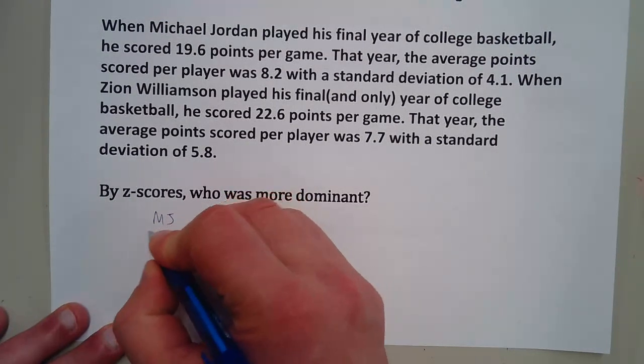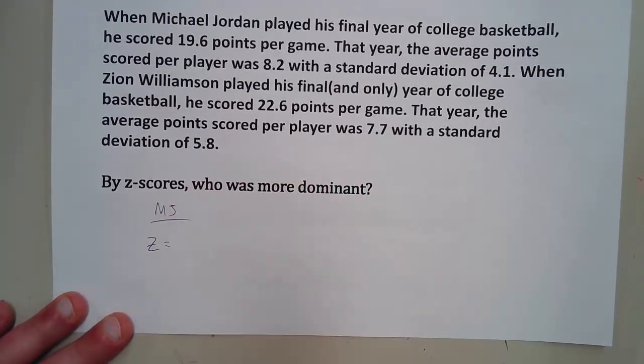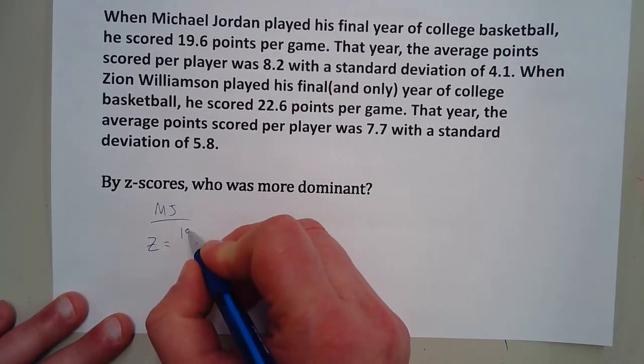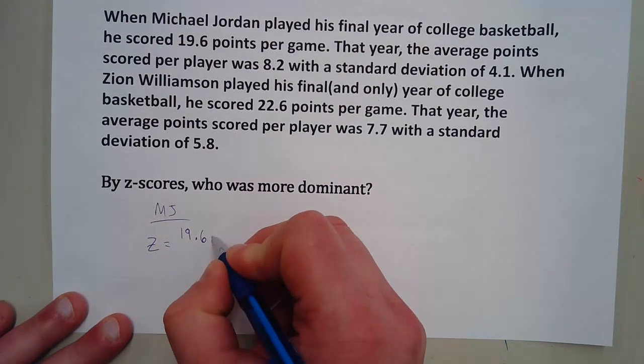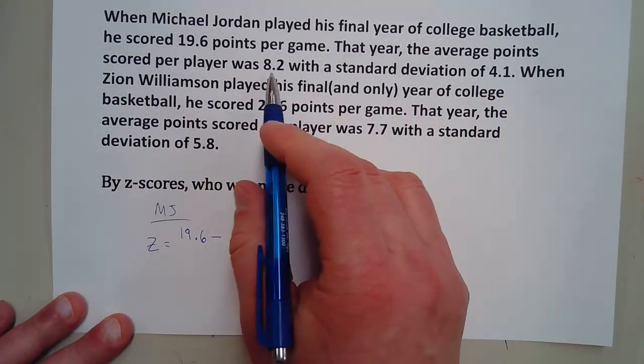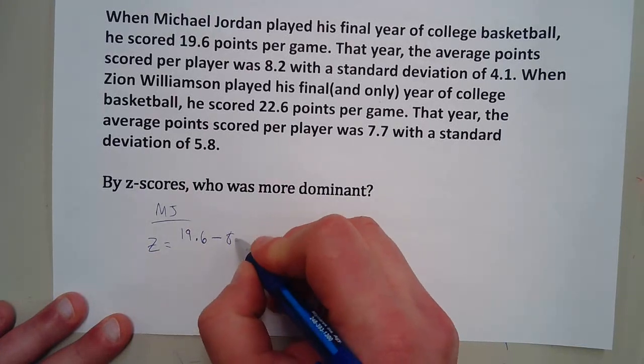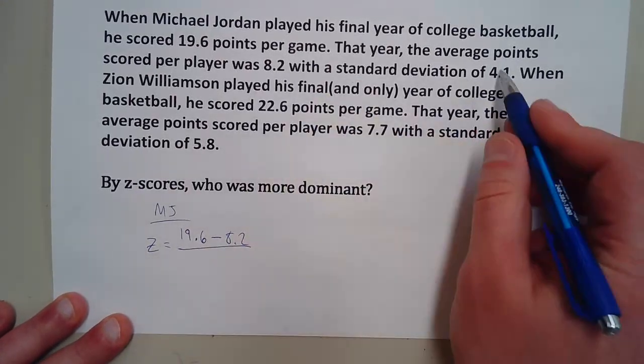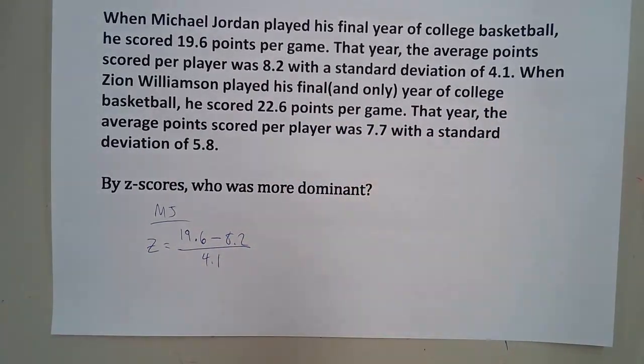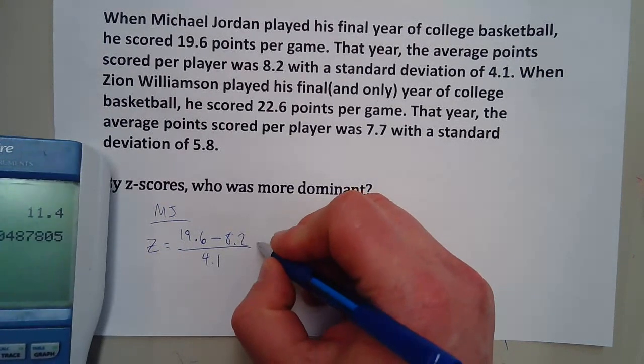So let's start with Michael Jordan's. His z-score would be, remember, you take his data point, which is 19.6. You subtract the average amount scored, so in this case, 8.2, and divide it by the standard deviation. And so, throw that in a calculator, see what it comes out to be. So the 19.6 minus the 8.2 is 11.4, and then I divide that by 4.1. So his z-score,